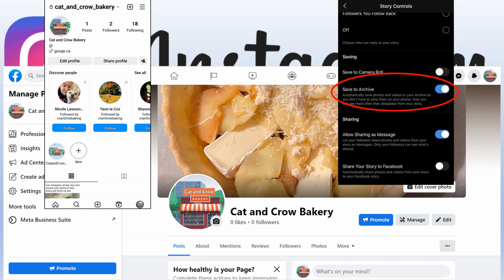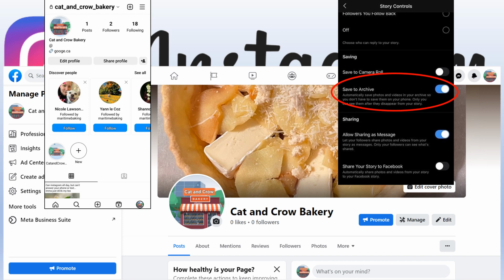So, step 2. Before you can start sharing content on your highlights, you must first learn how to create them. To ensure you don't lose any of your work, make sure that Instagram's auto archiving feature is turned on. This feature automatically archives and saves each story you post to the Instagram feed. In this way, you need not worry about losing your content. This is seen in the red circle at the top right.